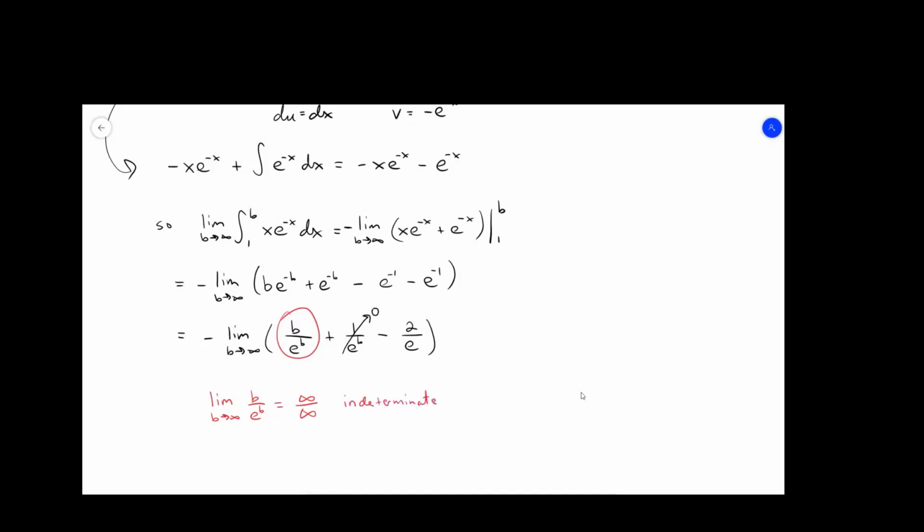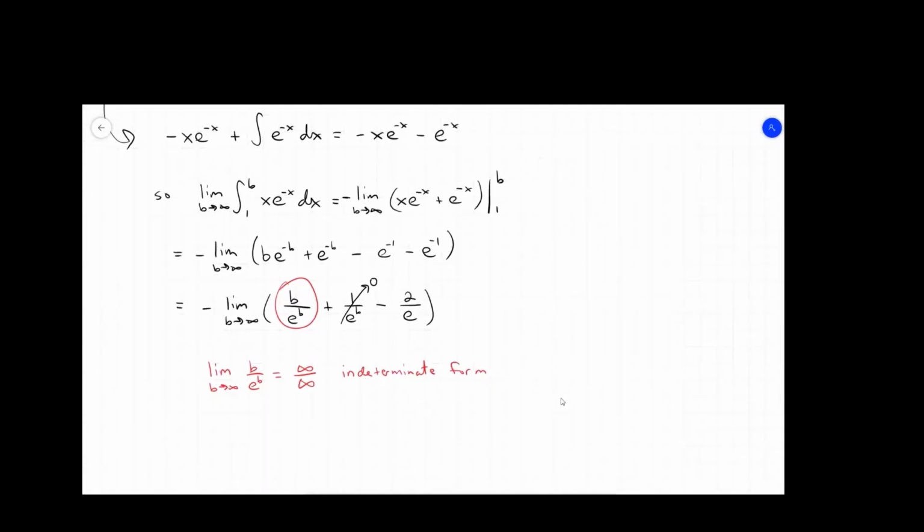So we can't just say that it's zero, although it will be, because indeterminate forms require some demonstration of why the limit is what it is. And so that's why we have to use L'Hopital's rule here. And L'Hopital's rule says that when we have an indeterminate form like this,